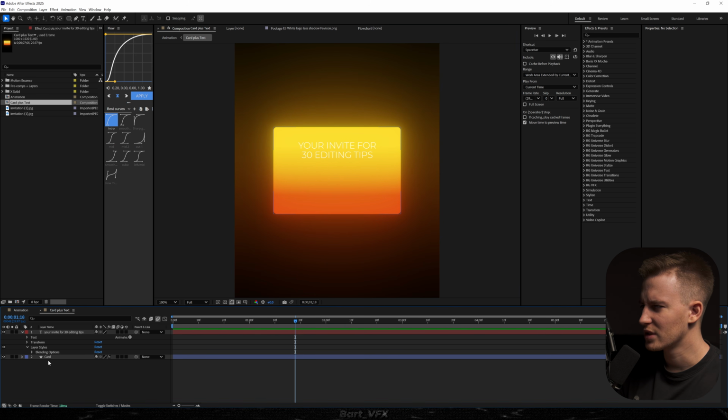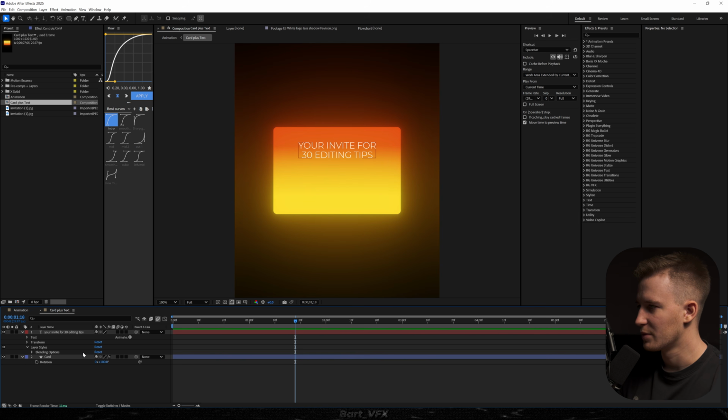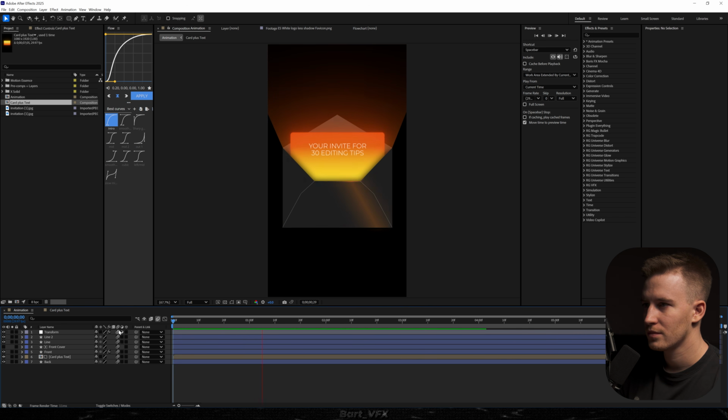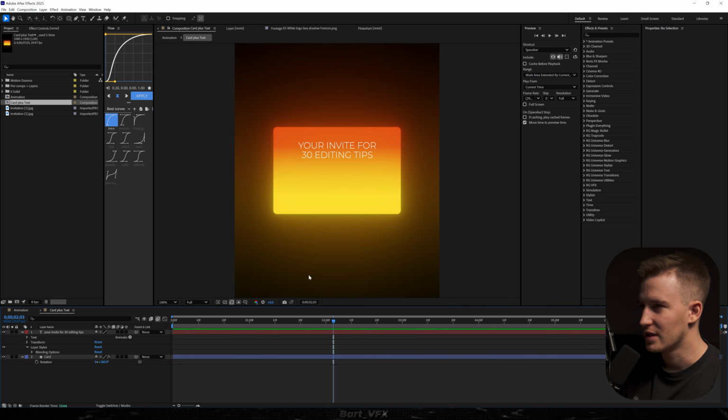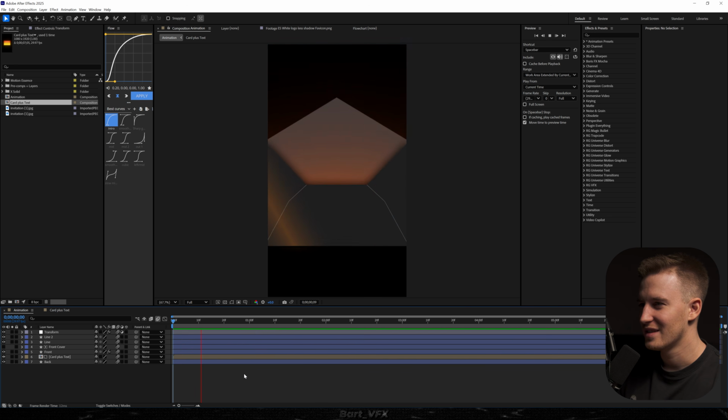And you know what? We're just gonna rotate the card. So I'm gonna hit R and change it to 180. Ooh, that might be better. Okay, that's perfect, but the thing is that we need to have that text lower, and let's just extend the transform a bit. That's really, really nice. So here we got the final effect, and at the same time, it's an invite for you to join my